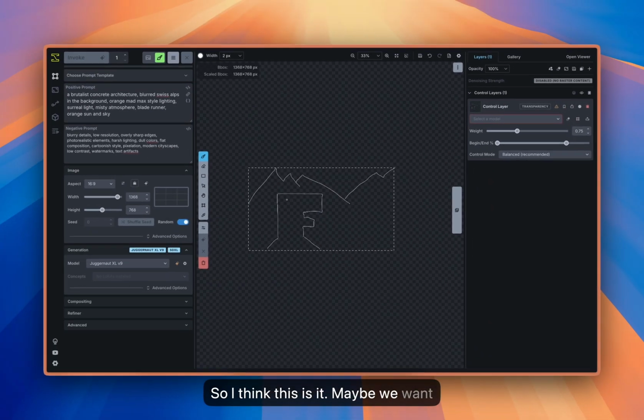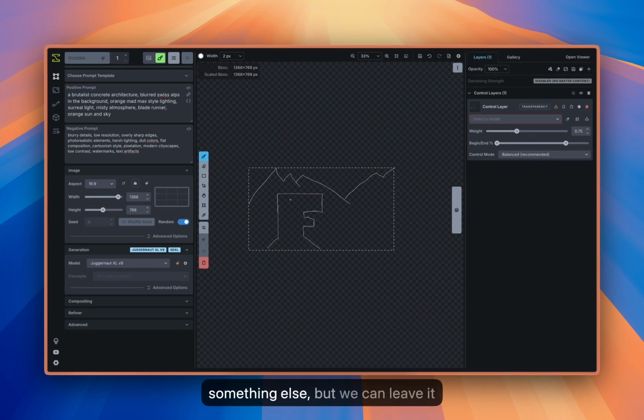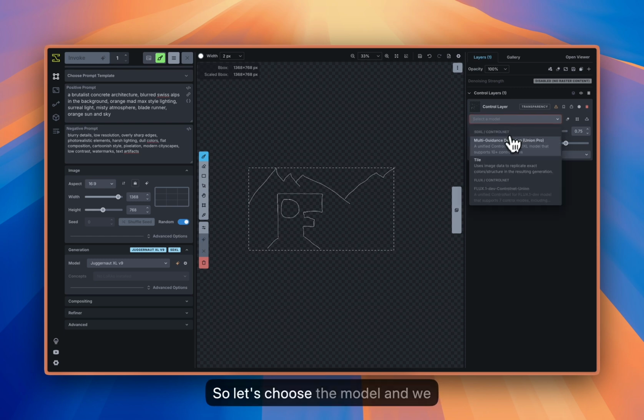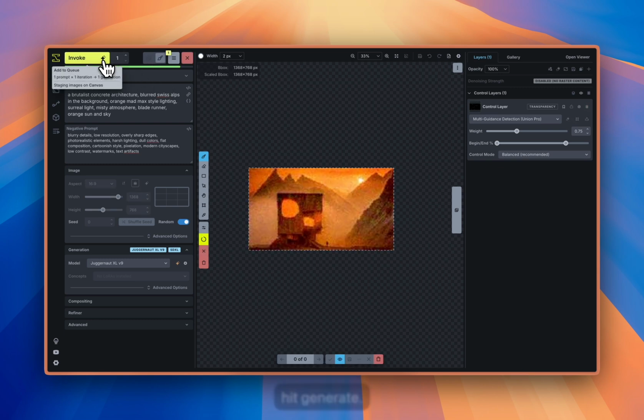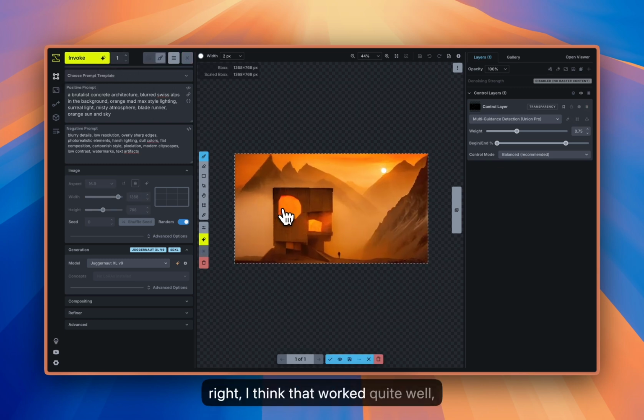Maybe we want something else, but we can leave it up to the interpretation what to do out of it. But I think I'm quite happy. So let's choose the model, and we have this Union probe. And so let's try this and hit generate. All right, I think that worked quite well, but you can see it's a bit, these jagged edges is a